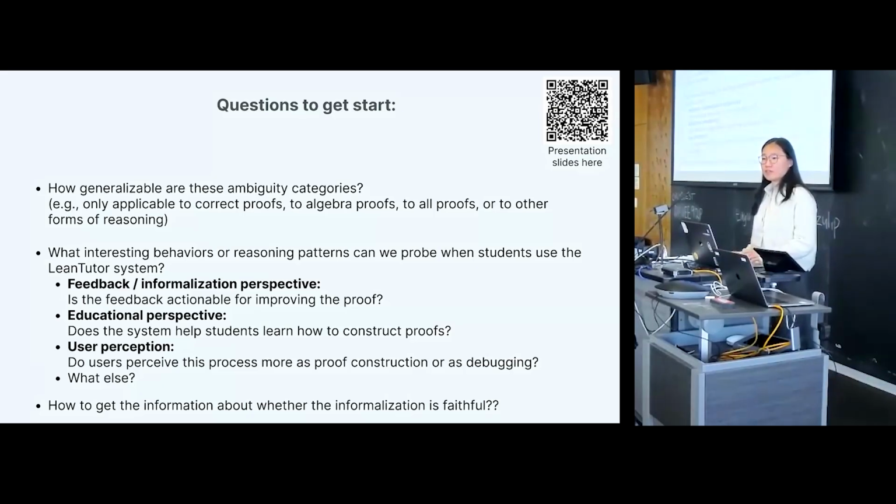Humans often do proofs at a higher level of abstraction than theorem provers. One of the feedback items your tool can give to students is that they missed a step, which is great. Except, what if the step they missed is just them working at a higher level of abstraction? Okay. That is a really great question.